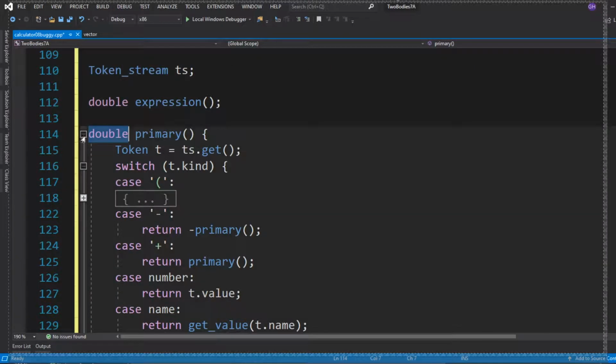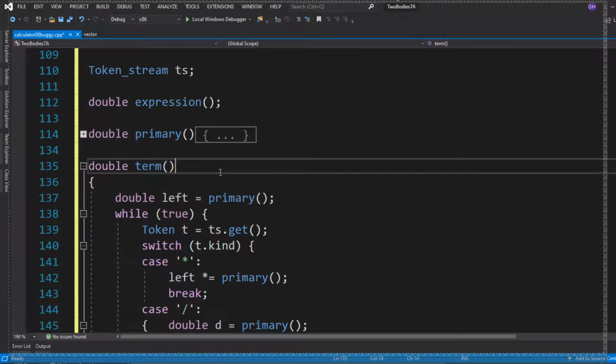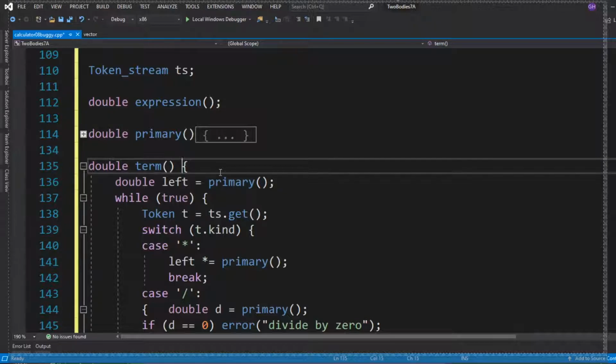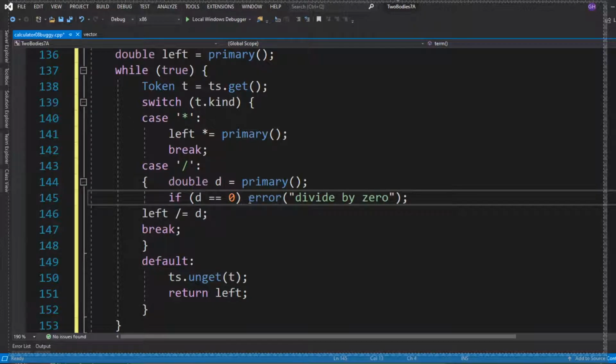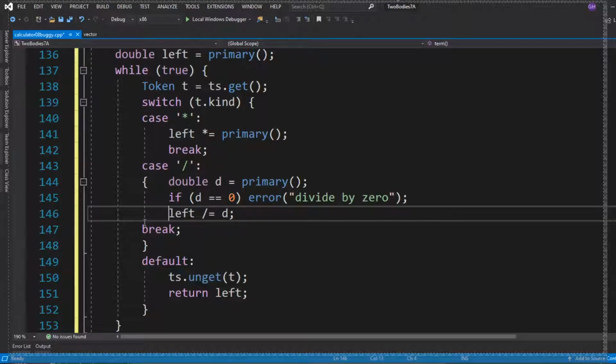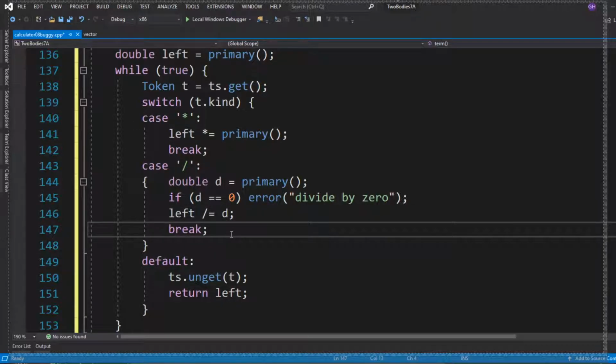Otherwise, primary expected. Then we have term, with times and divided by, which says, look, if you're dividing by 0, then you should throw an error. Otherwise, yeah,